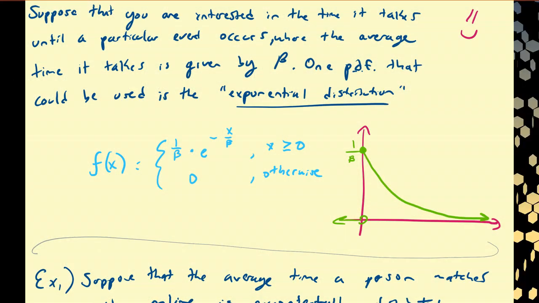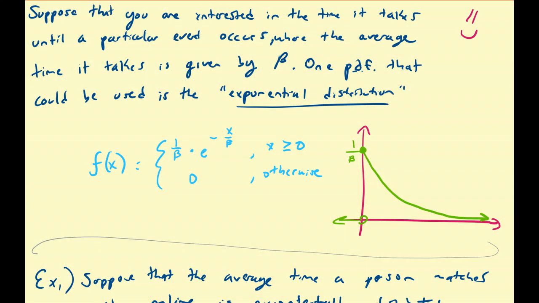Hello there. In this video we're going to talk about a particular type of PDF known as an exponential distribution. For this type of distribution, you want to guarantee, if you decide to use it, that this random variable x satisfies a couple properties. The first of them must be that x must be a continuous random variable, or it can be nicely approximated as a discrete random variable by a continuous random variable, and the likelihood as x increases